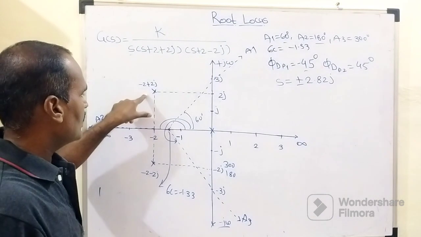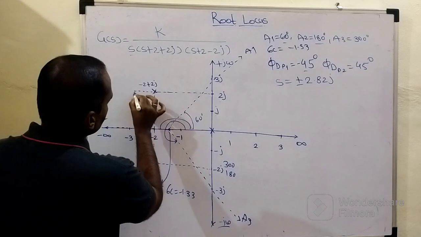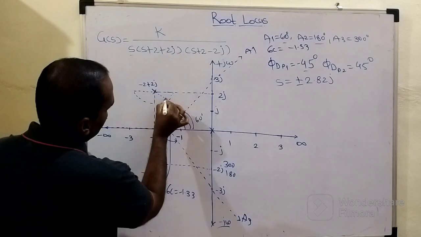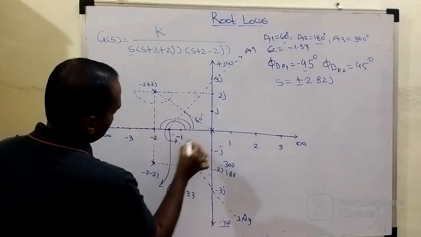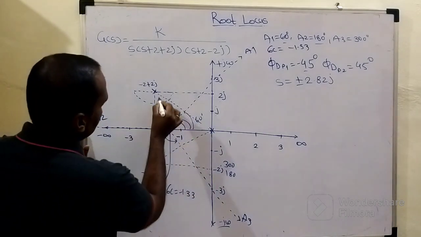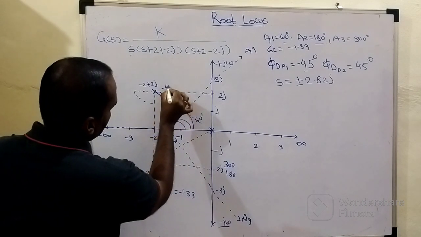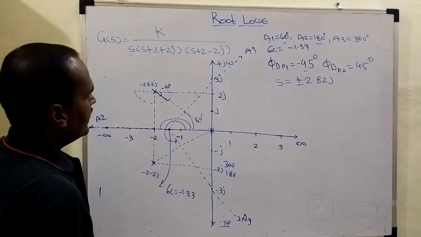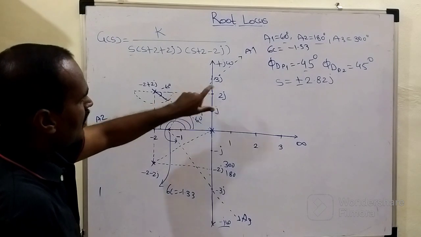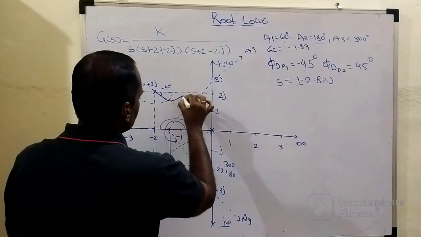The angle of departure for this pole number 2 is exactly equal to how much? Minus 45 degrees. So what we need to do? We need to put this protractor like this, and we need to measure, this will be the 45 degree line like this, right? So the angle of departure is how much here? 45 degree here, minus 45 degree, right? And it will try to intersect this imaginary axis, because this root locus is always parallel to this asymptote line. Intersection point is how much? Plus 2.8,